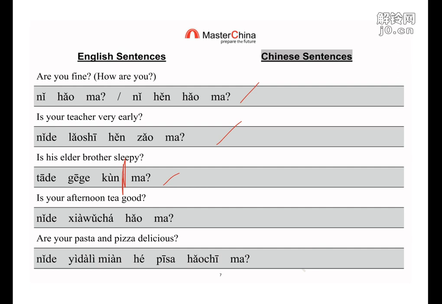Second, next one is 你的下午茶好吗? So if I see that you carry some coffee or some cakes and you're very happy with it, I would say 你的下午茶很好吗? So if I saw that, I will use different questions. And next one, 你的意大利面和披萨好吃吗? Statement and the ma together, right? That's back to just focus on the statement sentence, then put the ma.